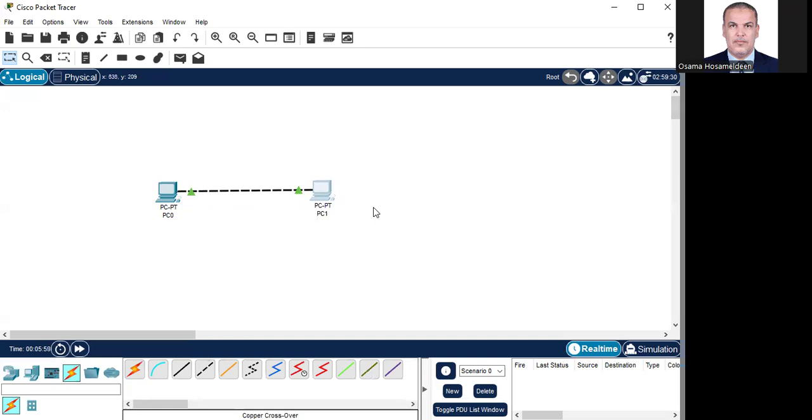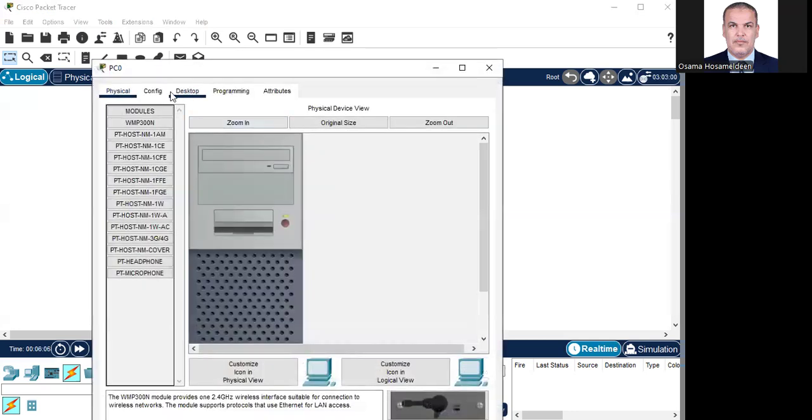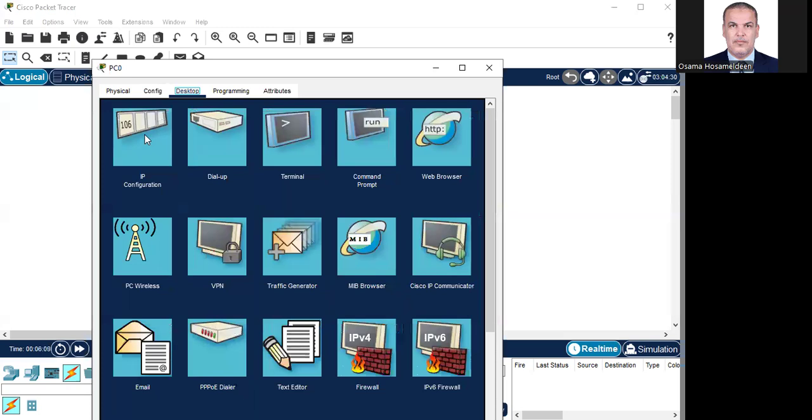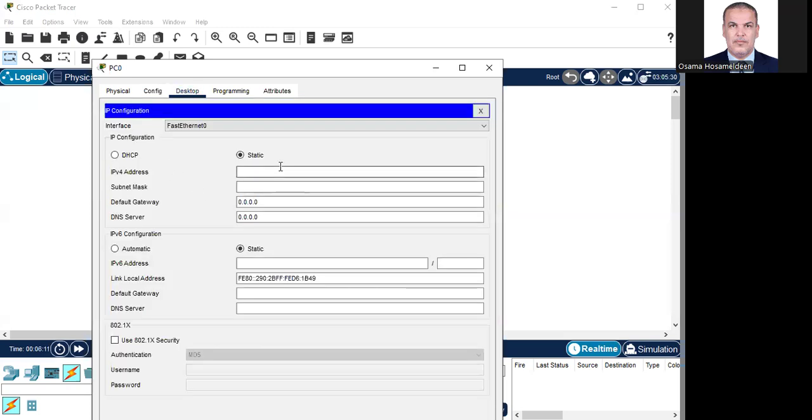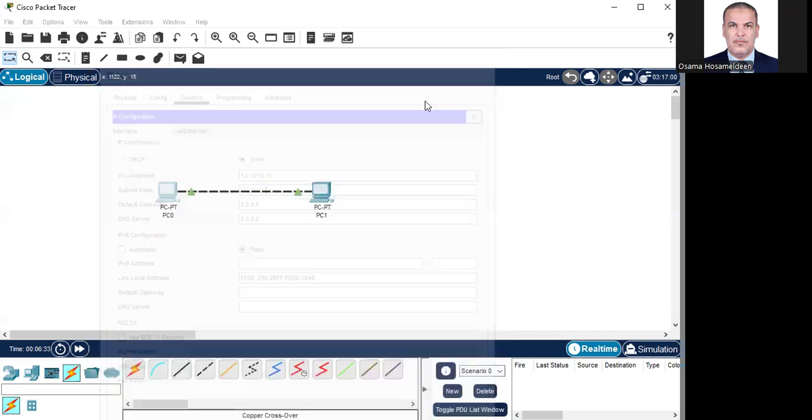Let us put this network in action. To do that, we have to assign IP addresses to the two devices. So let's go to the desktop and IP configuration as usual and select the simplest IP address, which is 10.10.10.11, and the subnet mask is 255.0.0.0. There is no need for a default gateway or DNS server, because this is a peer-to-peer network